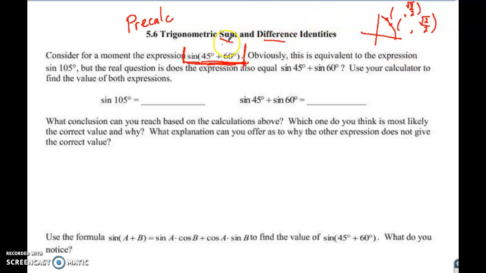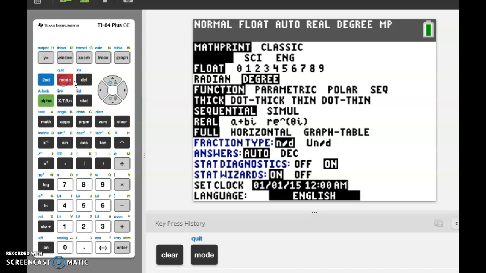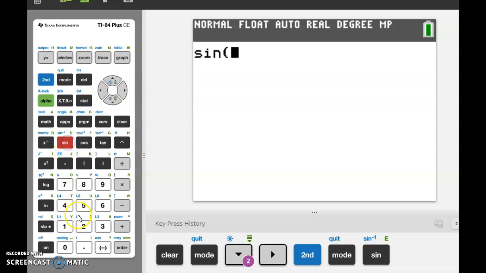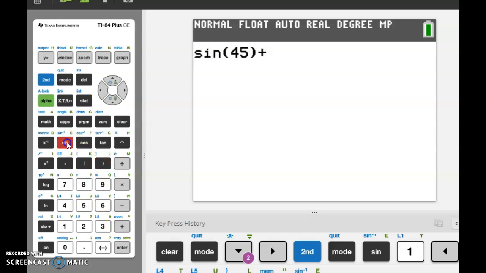Now, the issue is if we really add these angles together first, and we do 105 degrees, well, then that's actually over here into this quadrant. And if you think about the y-coordinate, the highest that the y-coordinate could ever be is 1. So if you were to try this problem out, I'll just grab a calculator real quick and do it that way. Make sure you're in the right mode. We are in degrees because the problem gives you the degrees. So if you did sine of 45 first, plus sine of 60,